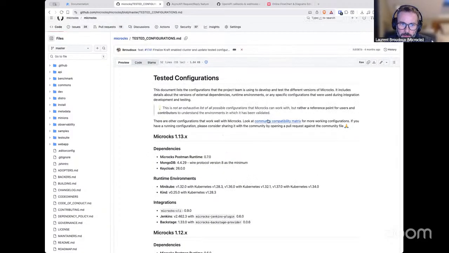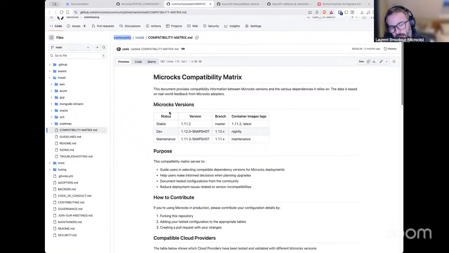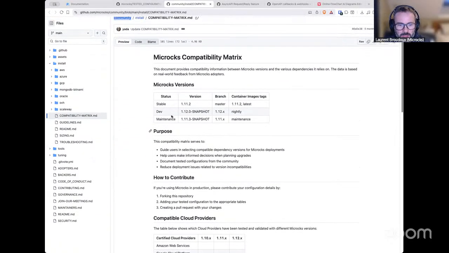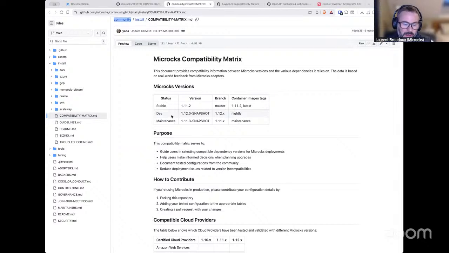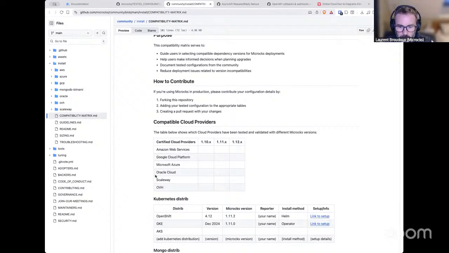And we have this other matrix here that lives within the community repo, and that aims to be enriched by the community who are testing different things, for example deploying on AWS, GCP, Azure, whatever.